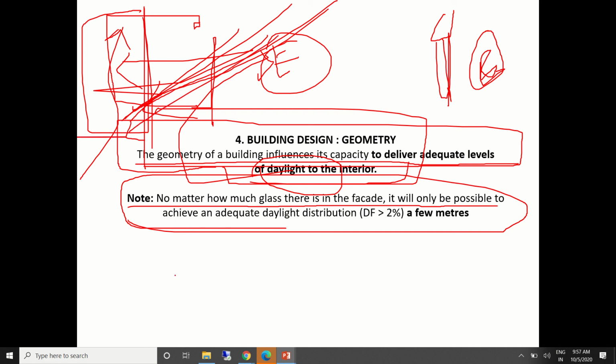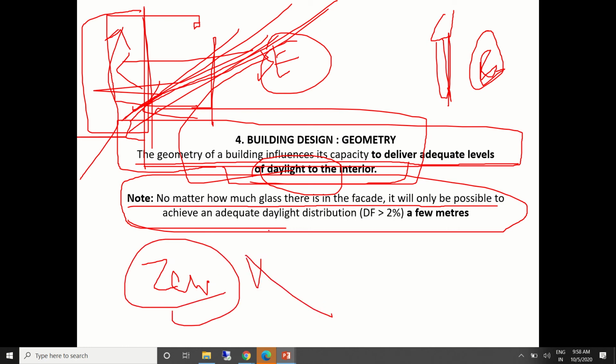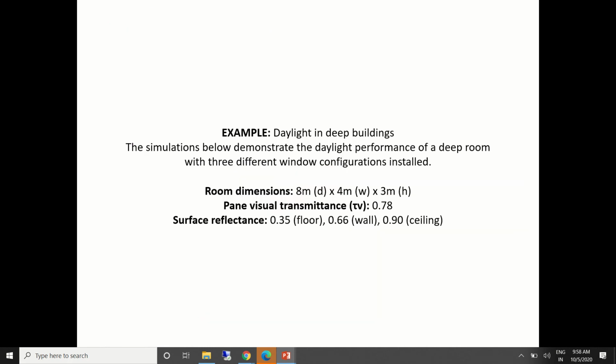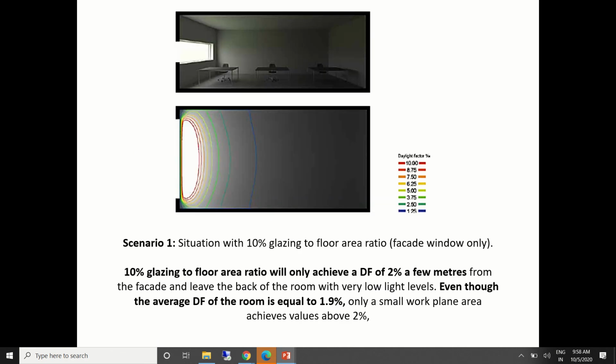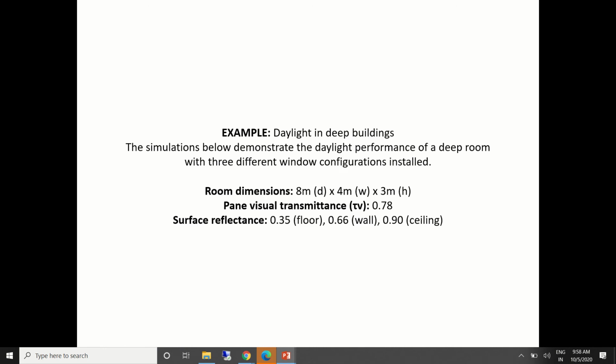This doesn't mean that we work in zero artificial lighting conditions. No, we are not saying that. How we bring it to zero is what we are trying to understand, by having daylight in the buildings. Some calculation is there. We will come back to it later on and see how it can be done. This is just an example. Maybe when we do this modeling, we can try this.